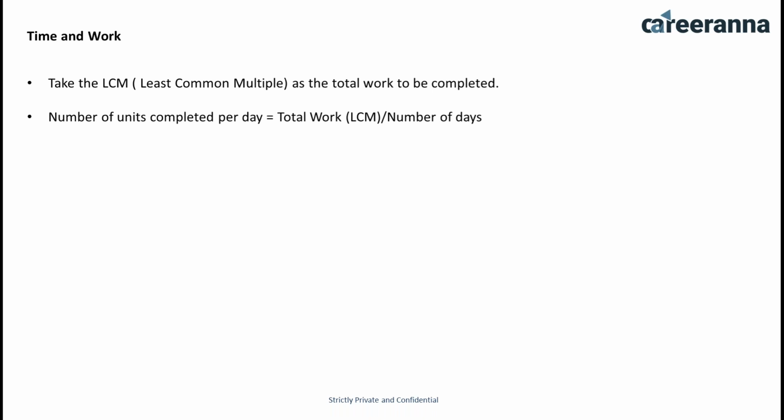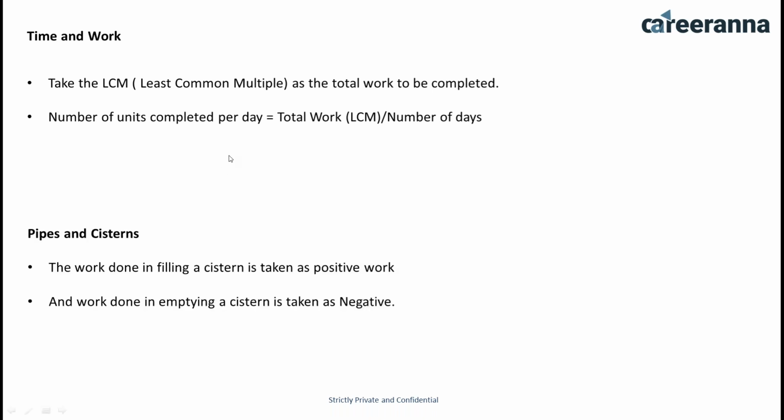Suppose the question says that A can do a work in 10 days and B can do a work in 20 days. In this you can easily take an LCM of 20 and then find out the efficiency for this. Once you have calculated the efficiency, the question becomes very easy for any particular number of days which is given. Suppose we are taking one example here.